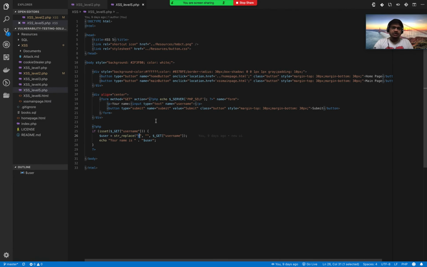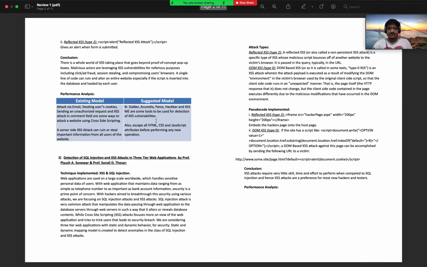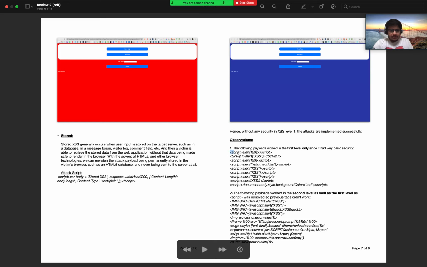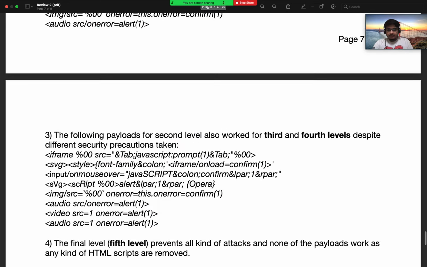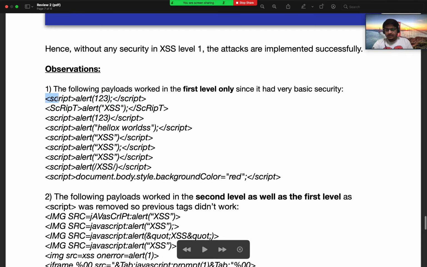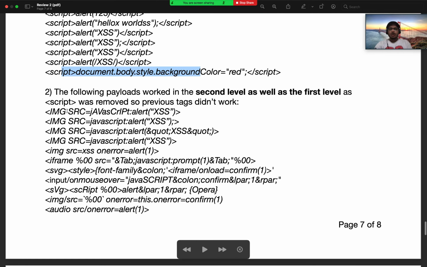Now what I'm going to be doing is, I have implemented stored and reflected, I've implemented DOM based and reflected XSS of different types. I'll show you a few more test cases which have been implemented and can be used. So if you can see over here, you can see different types of script to be written in the first level. For example, uppercase, lowercase, as I mentioned, plus DOM based attacks like this, plus on error is not the only thing, you can use JavaScript alert as well.